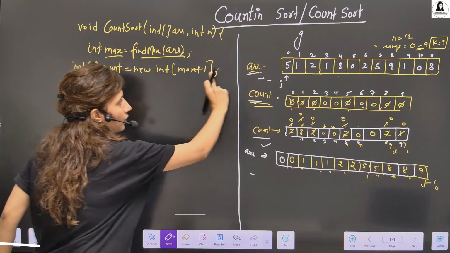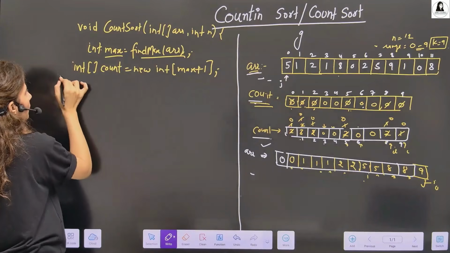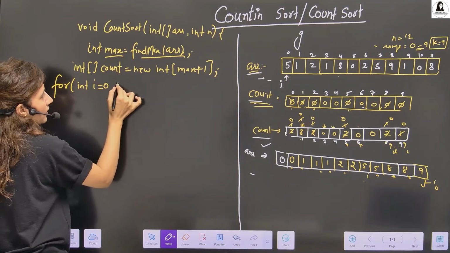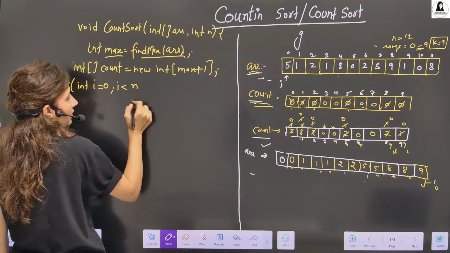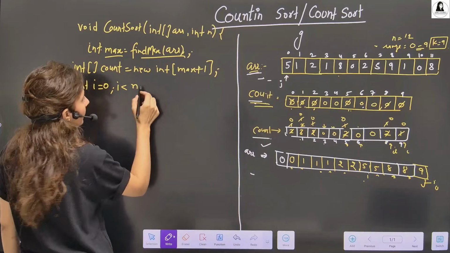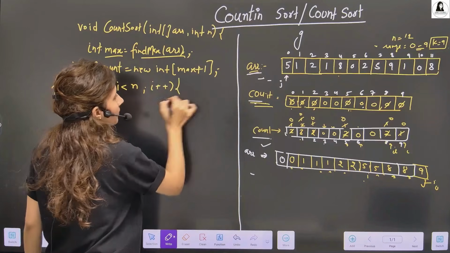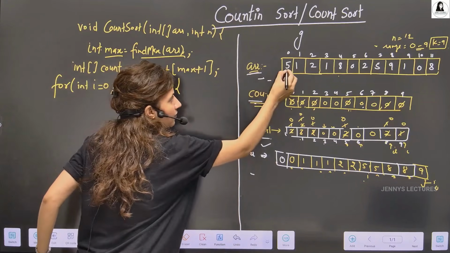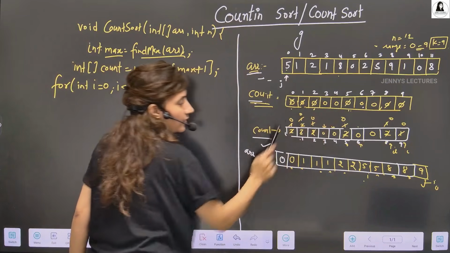Now we count the frequency and we update this count array. So to count the frequency, what do we do? We use a loop. This loop we run from 0 till i less than the size, which is n, and i plus plus. Now what we do is, whatever element is given here, 5, accordingly at that index we increment this value.